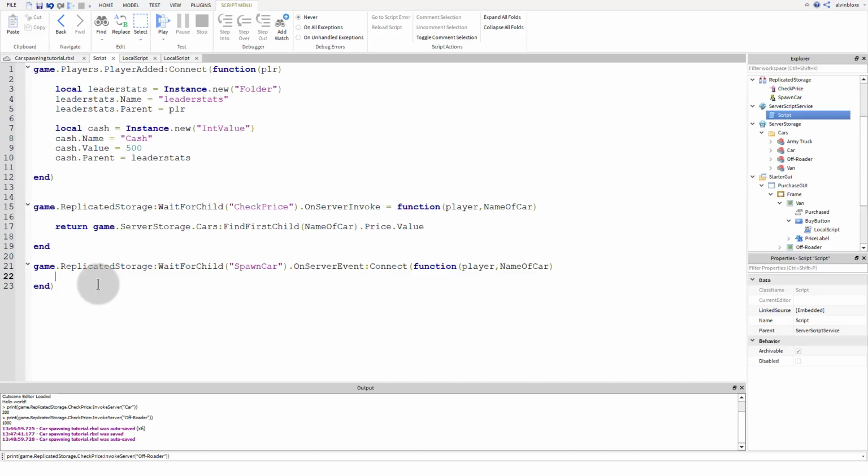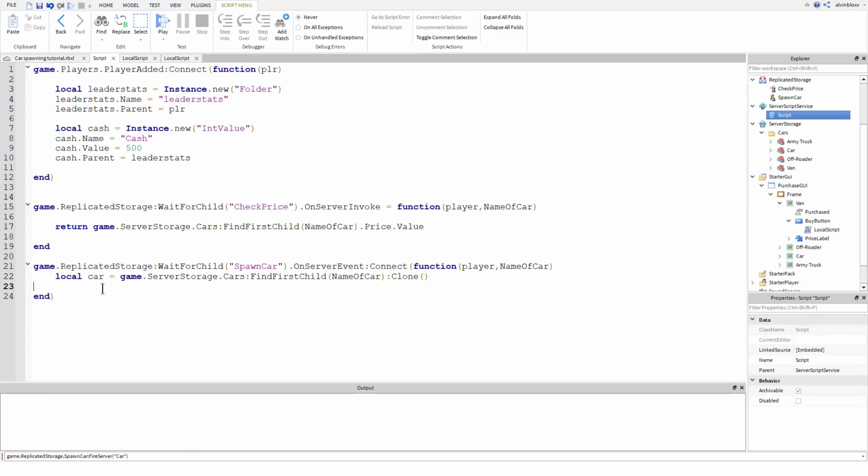So we're going to say local car equals game.server storage.cars:find first child, and then we're not in speech marks, we're just going to say name of car, like this. Okay, so we've got the car out of server storage, and we now want to just put :clone like this.